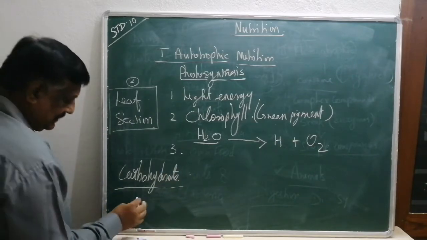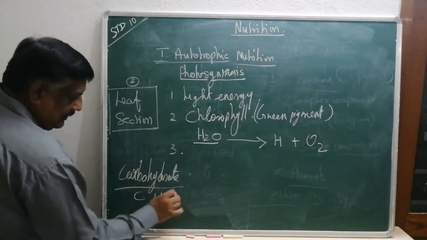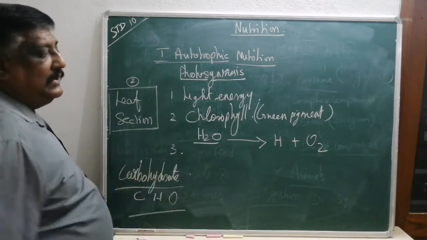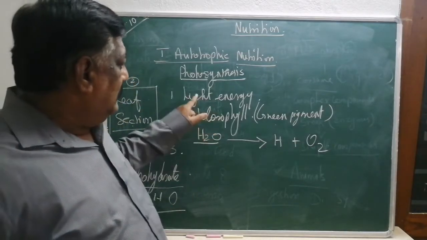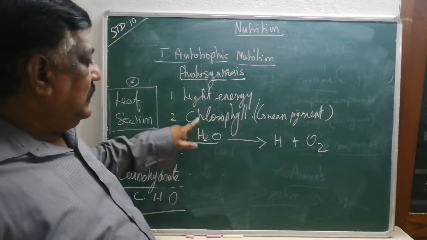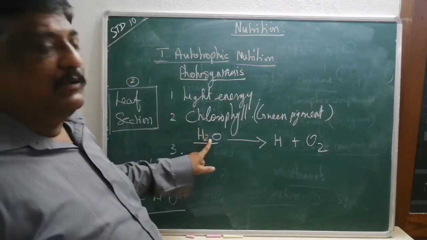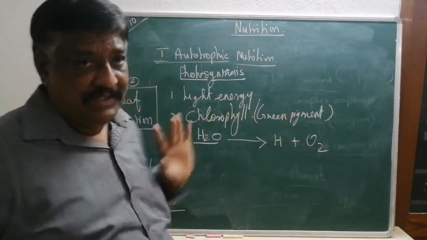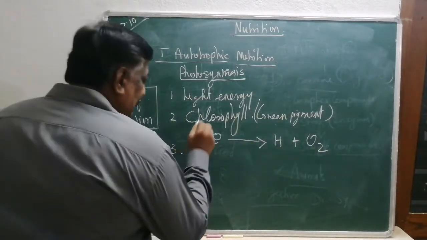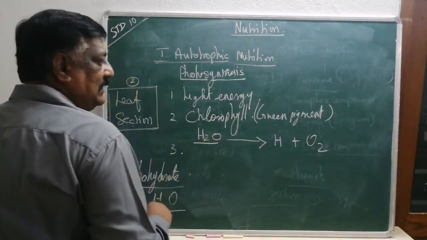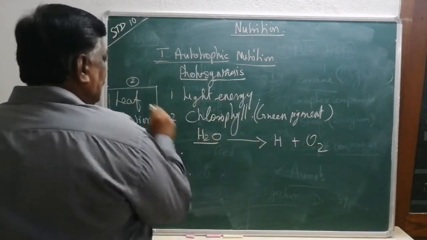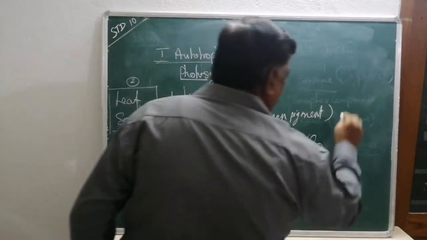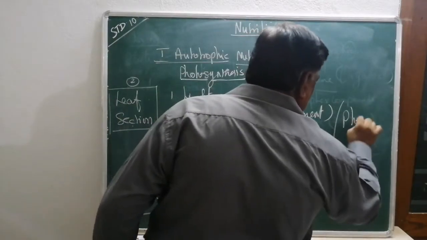Carbohydrate is nothing but carbon, hydrogen, oxygen. They are combined and become a carbohydrate. Now, the light energy is taken by the chlorophyll, splits the water, and we get hydrogen and oxygen. And this is a breaking process, is it? How is this water molecule broken using the light? So we can call this process as